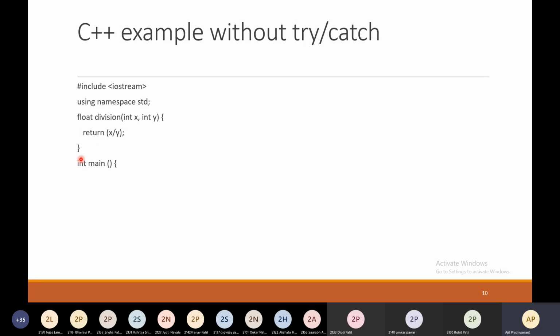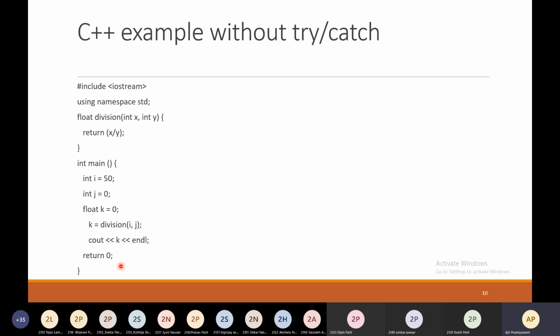In main, integer i is equal to 50, j is equal to 0. And in division(i, j), you are passing 50 in i and 0 in j, which is received over here, and here 50 divided by 0 will happen, which is nothing but a divide by 0.